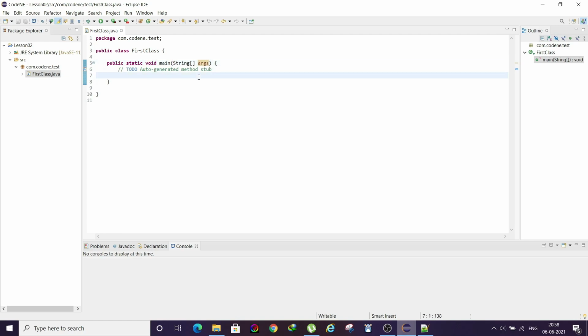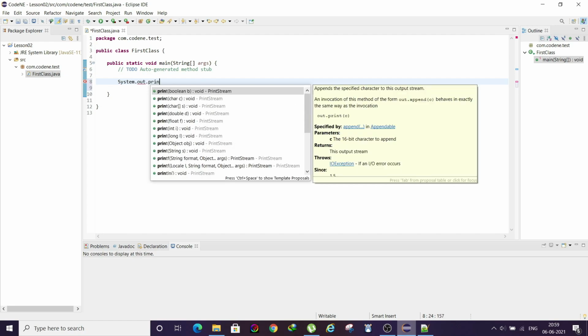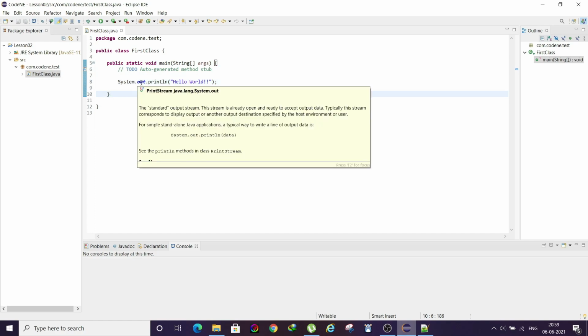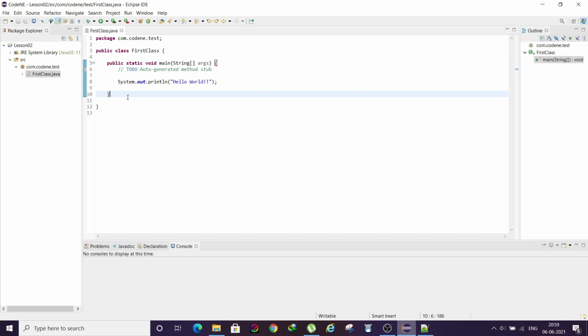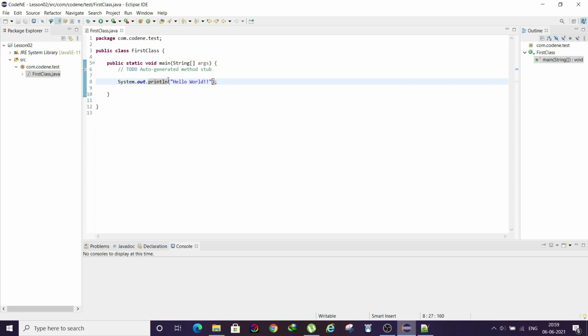Writing our first line of code, we will proceed with a simple hello world. To print hello world, we just need to write system.out.println, with hello world inside this. Then we just need to save it. System.out means it will produce an output to the system, that is, to the console, and print means it will print whatever argument we are passing inside this method. println means it will print line by line. That is the basic difference between print and println.